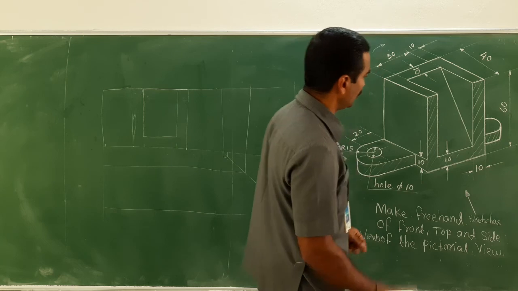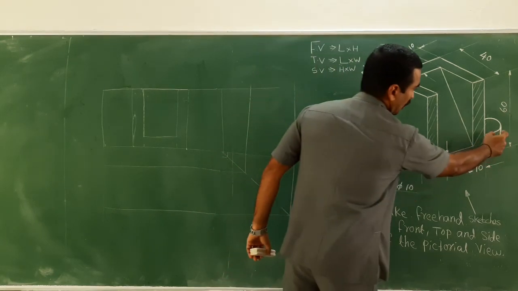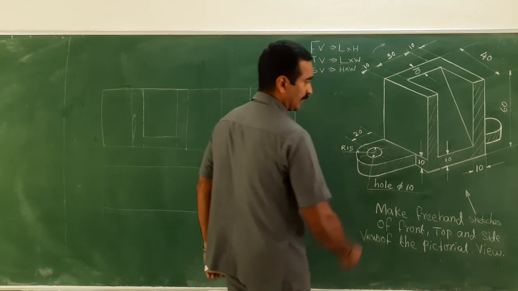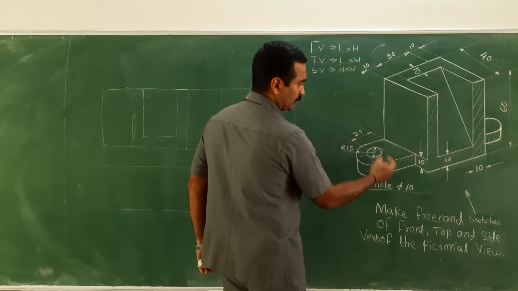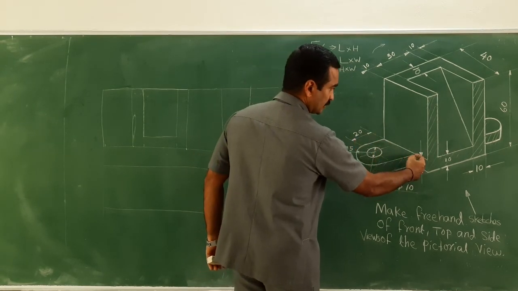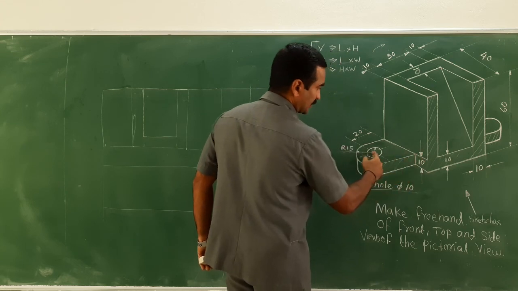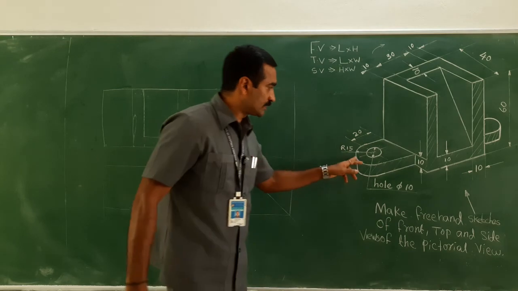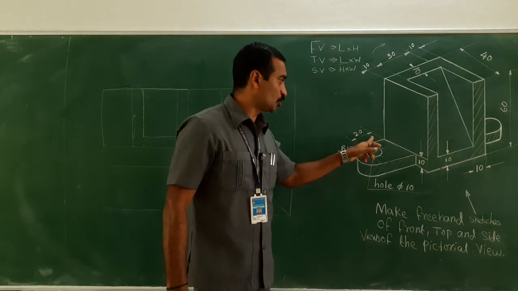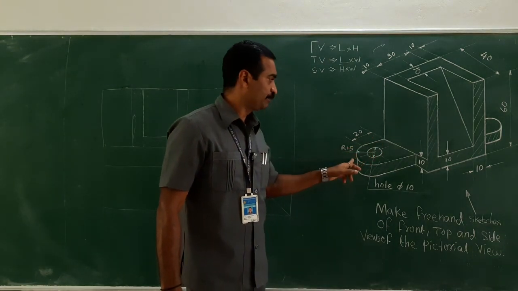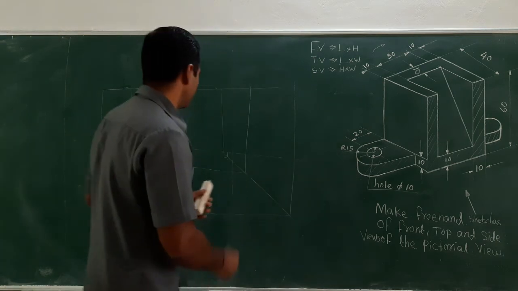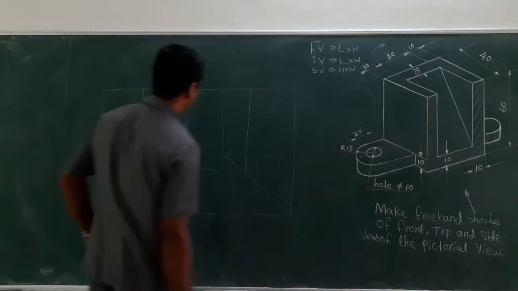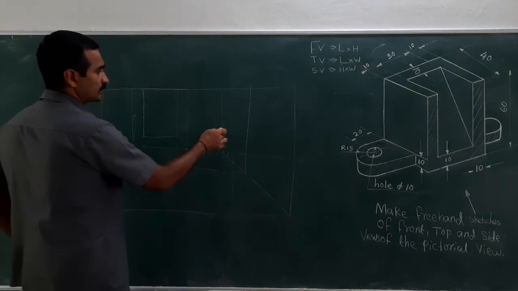I have drawn. Now I need to draw this portion. What would be the size? Here it is clearly given. It's 20 from this edge to the center. Then from the center to this circle is 15. So put together 20 plus 15 it is 35, right? Of thickness 10 mm, right? So this is the end.